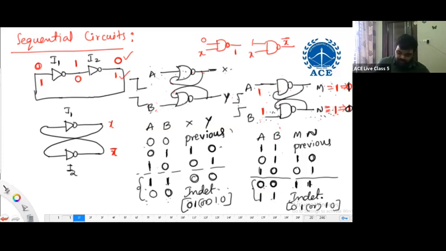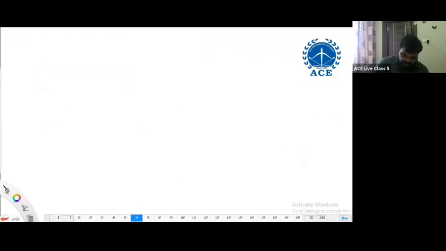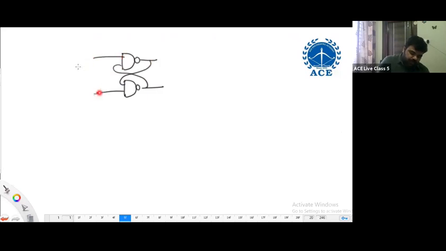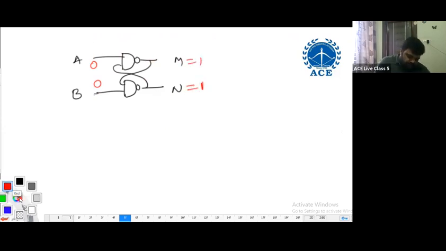What happened, Bhavani? I shouted almost 5, 6 times how it is indeterminate. Okay, for you, let me explain once again. For the NAND gate, if you are applying 0, 0, both are disabled inputs, then outputs will be 1, 1. In the next immediate sequence, if I'm applying 1, 1 input,